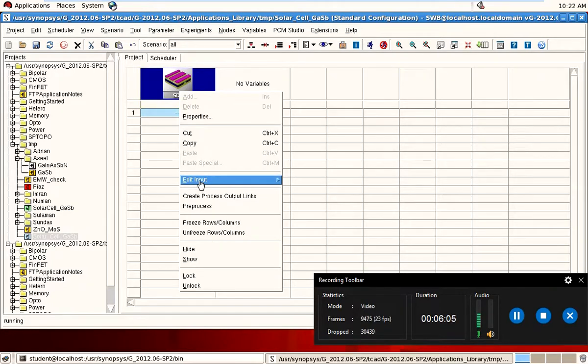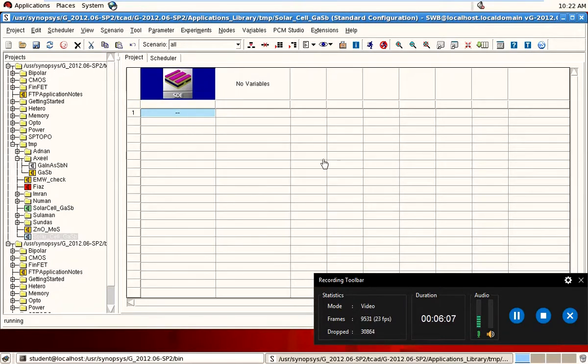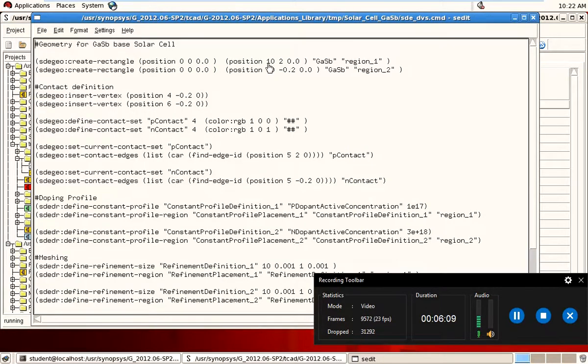Another important thing to understand is that if we want to change the dimension, we just change the position. And if we want to change the material, for example if we want silicon as a substrate and on that substrate we want to produce an epi layer of gallium antimony, then we only change the region 1 name to silicon.